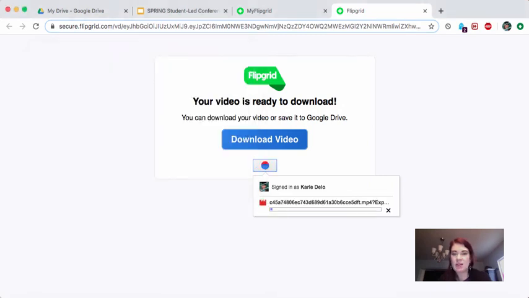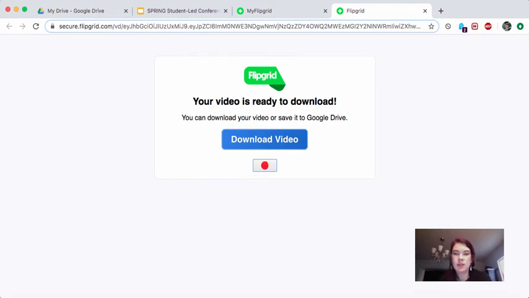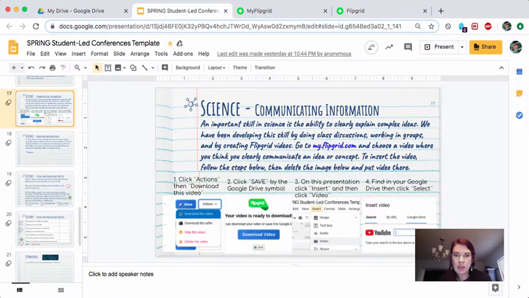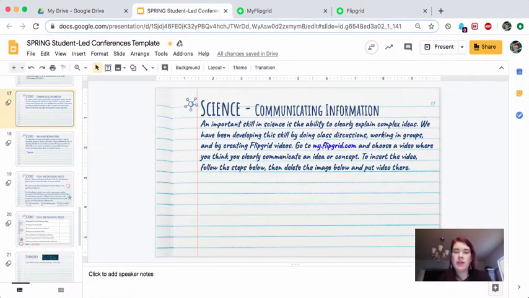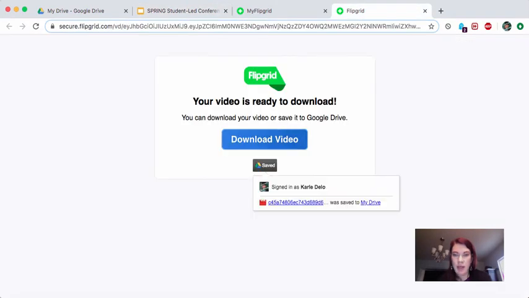I'm doing this on a different computer. It's not a Chromebook, so it might look a little bit different for you. But it's going to go ahead and save it to your drive. And then from there, once that is downloaded, and you have to wait for it to be downloaded, that took a minute for me,